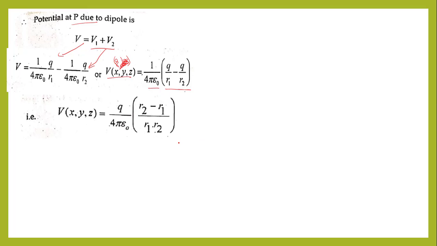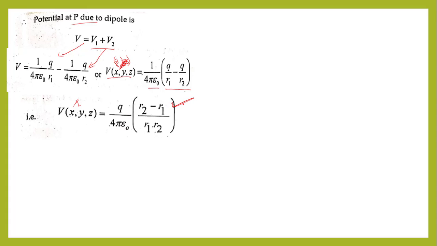Now this bracket can be solved and we can write. So this becomes r1 r2, and r1 r2 divided by r1, so we will get r2. So this is r2 minus r1. So we can write potential at this point P, that is V of r, is equal to, Q can be taken common from both, so Q over 4 pi epsilon naught, (r2 minus r1) over r1 r2. So now this value of r1 r2, how much it is, we will determine from the